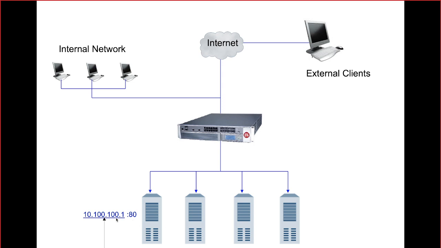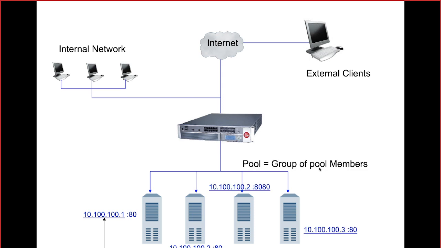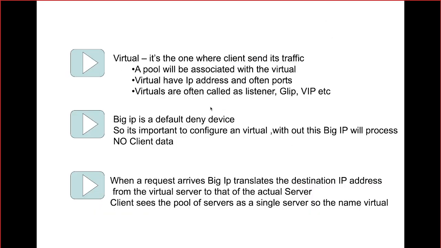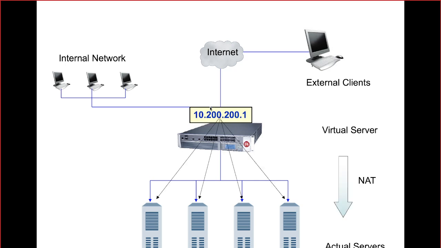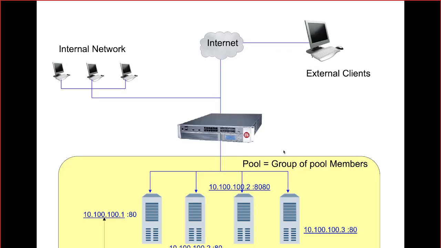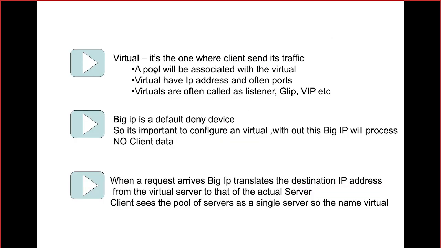So then what is 10.100.100.1:80? What is the name of this? Correct. Pool member: node plus port, right? Then they are going to be referred to in a pool, the group of members, and then the pool is going to be referred to in the virtual server. Am I right? I'm sorry, I think I have gone to the next slide. Till this point is clear? Pool member, pool, and node. Is that clear? Okay. Now we are talking about the virtual server.